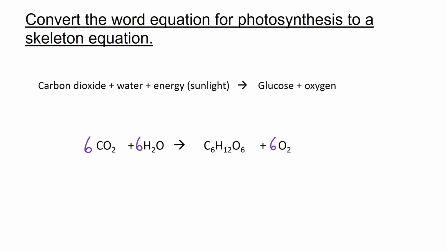I have 6 times 1, so 6 carbons, 6 carbons. I have 6 times 2 is 12, plus 6 is 18. I have 6 plus 12 is 18 for oxygen. I have 6 times 2 is 12, and I have 12. So I just go back and I verified that I have the right number of atoms. All right, now,